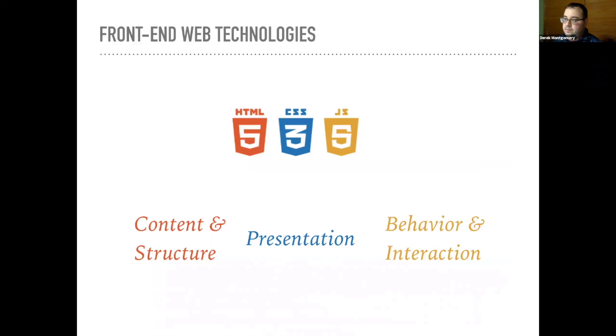HTML is the content and the structure of your website. So all that HTML describes is what is on the page. So if I go to facebook.com and look for North Parkway, the information that it delivers back to me, this saying, we're having a trunk or treat in a week. That text is delivered to me within the HTML. That's the content. That's the meat of what I'm receiving.